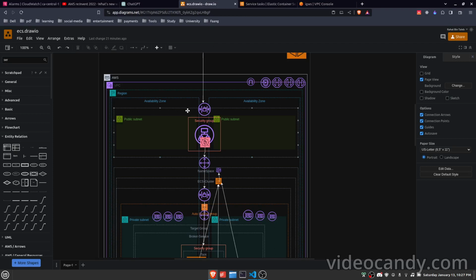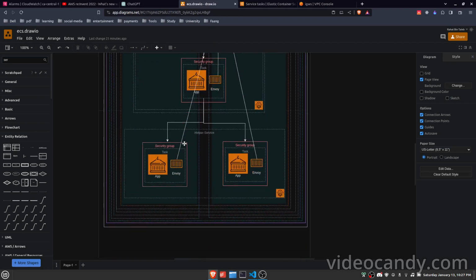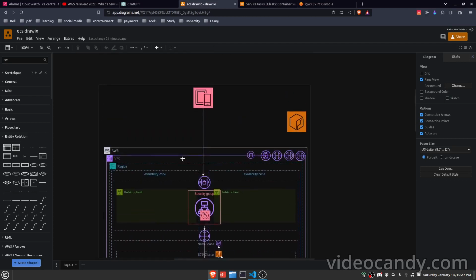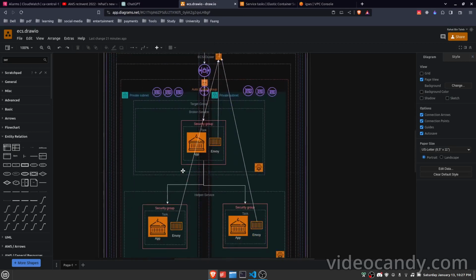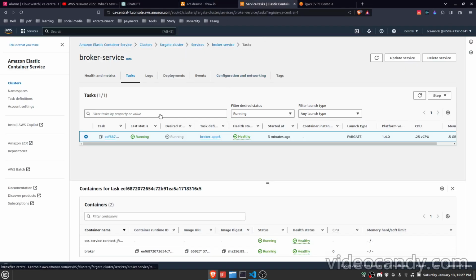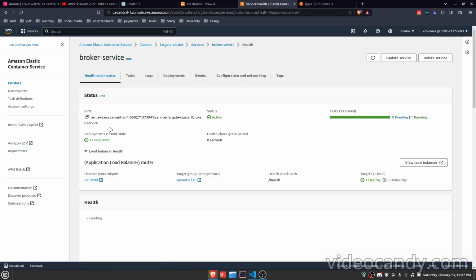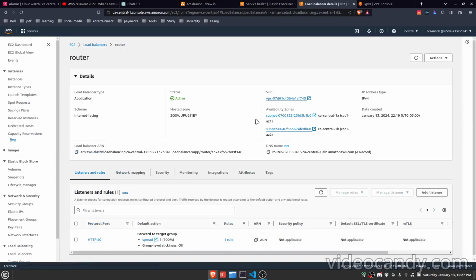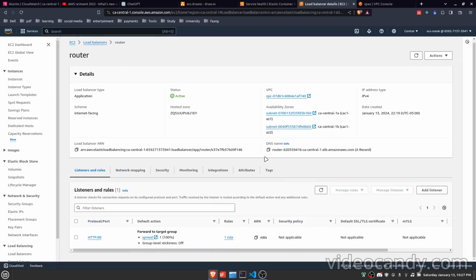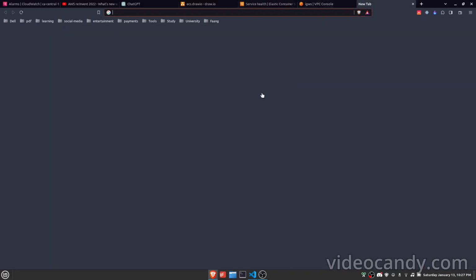So let's see what is left. Is anything left or not? No, I think everything is working fine. So now what I will do is access my load balancer. Here I will go back to services and then come back to broker service, and I will view my load balancer. And here I can see the DNS name of my load balancer. So I will just try to access it,